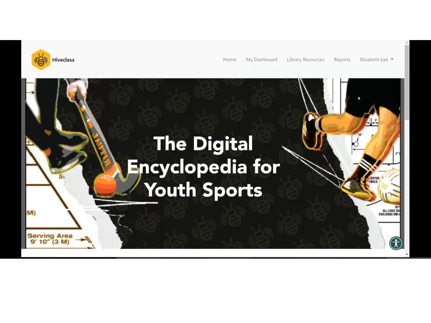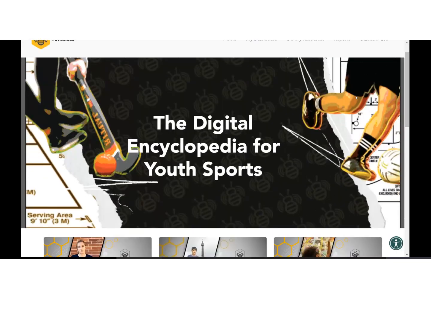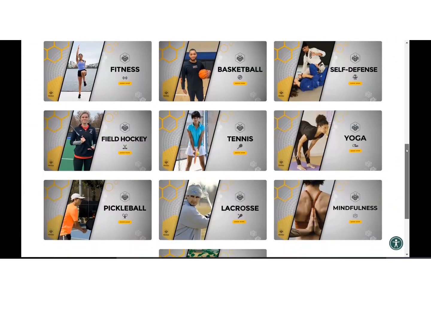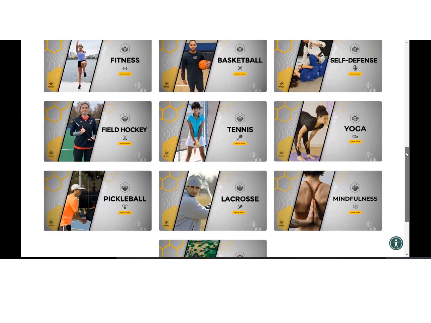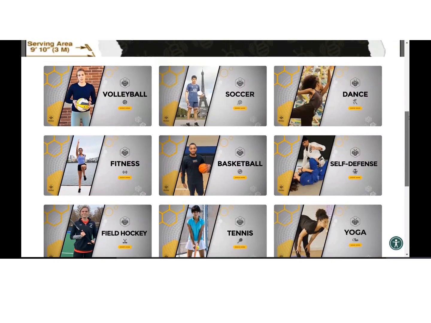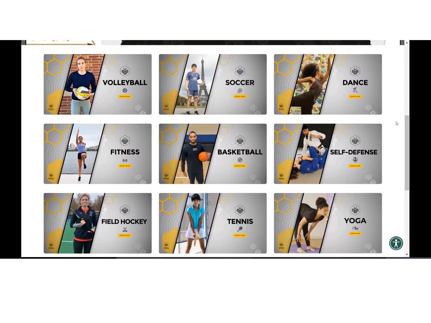Whether you are a staff librarian, a parent at home, or a child user, you will get the exact same viewing and learning experience from start to end. The only difference are these two tabs here, which I won't focus on. They're strictly meant for library staff. So if you scroll down, you'll see this is our dashboard. These are at the moment 12, but it will be 15 in just a couple of weeks when we launch our new things.